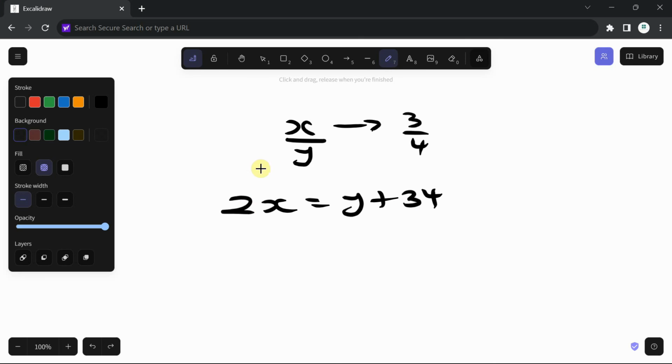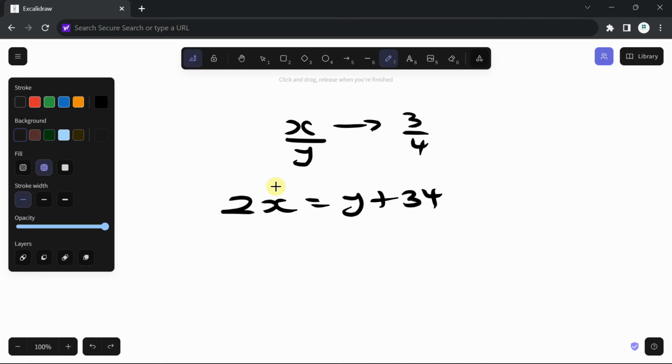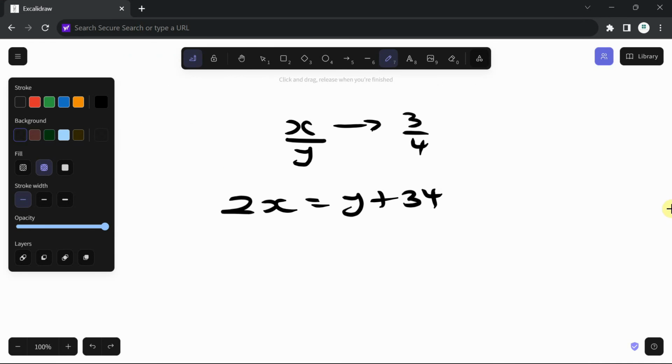Do you get? Normally our x over y is equal to 3 over 4, right? They now said if I double the numerator, that's 2x, it will be 34 greater than the denominator. So that will be y plus 34. And now it says find the fraction. So we have two equations, right? In its lowest form, x over y is equal to 3 over 4, and 2x is equal to y plus 34. If I call these equation 1 and 2,